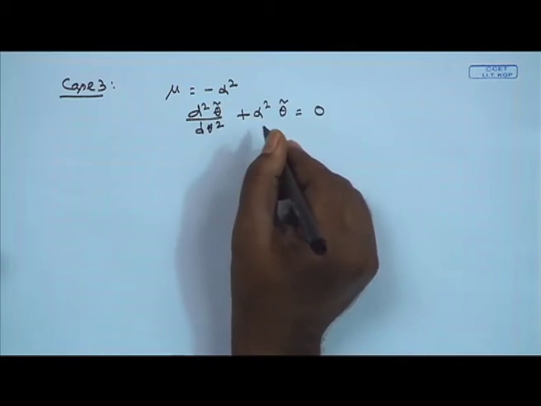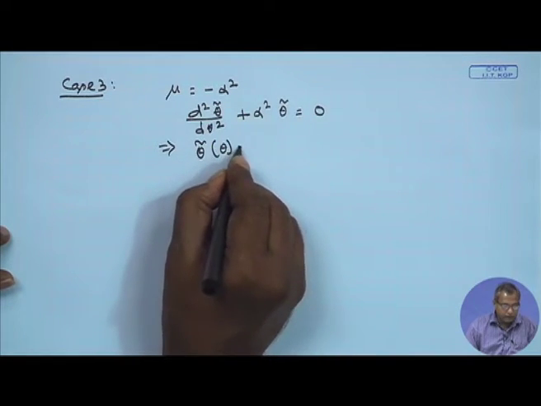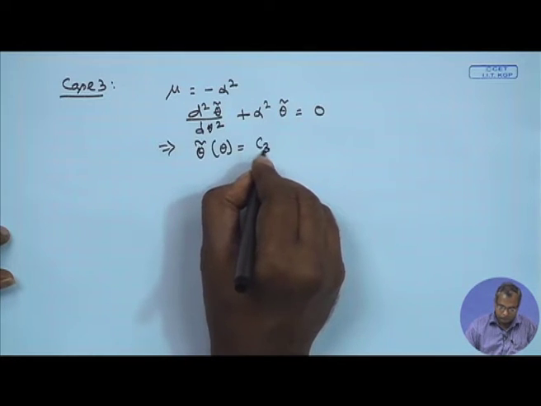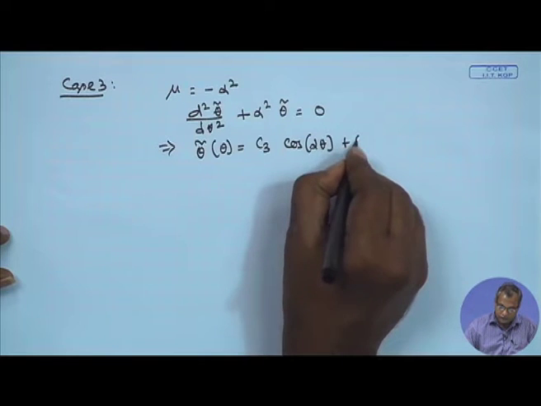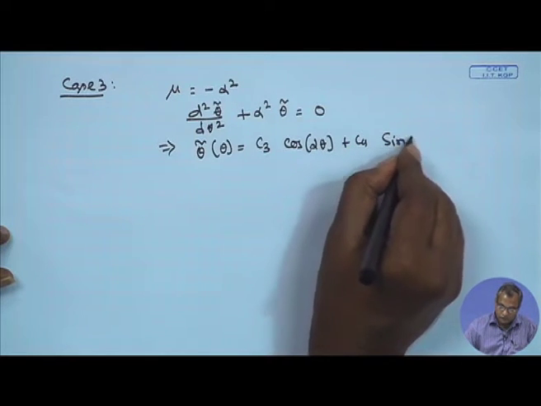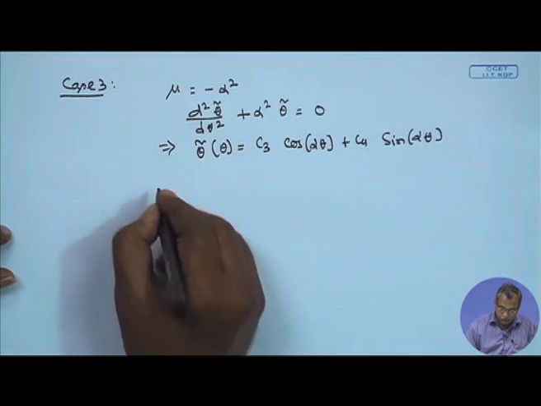So we know the solution. The solution will be constituted by a combination of sine function and cosine function. So you will be getting the solution θ̂ as a function of θ is equal to C3 cosine αθ plus C4 sine αθ. Now we put θ̂